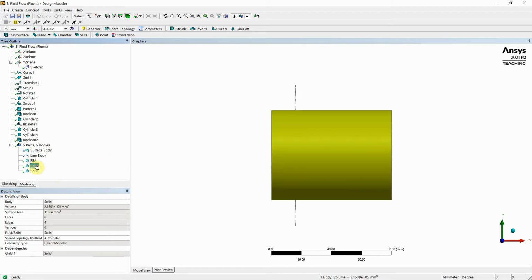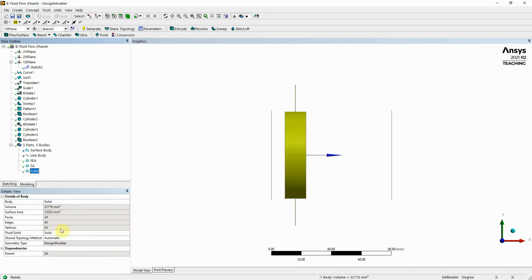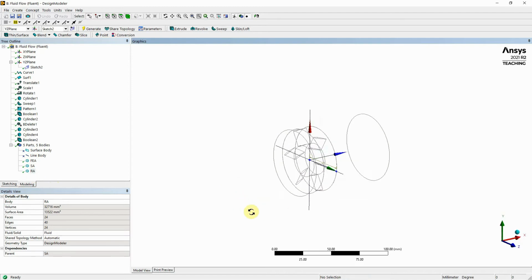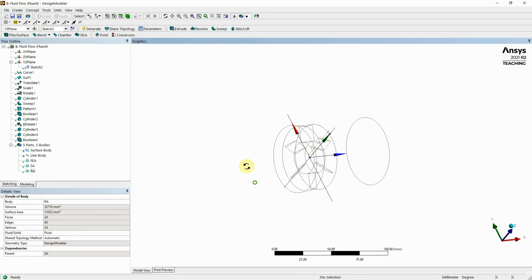This here is a fluid, and this is the stationary air, SA. And this is the rotating air, so it's a fluid, RA. So we've got our bodies, everything's ready to move on. And again here, how you create this is important as well. So let me just show you